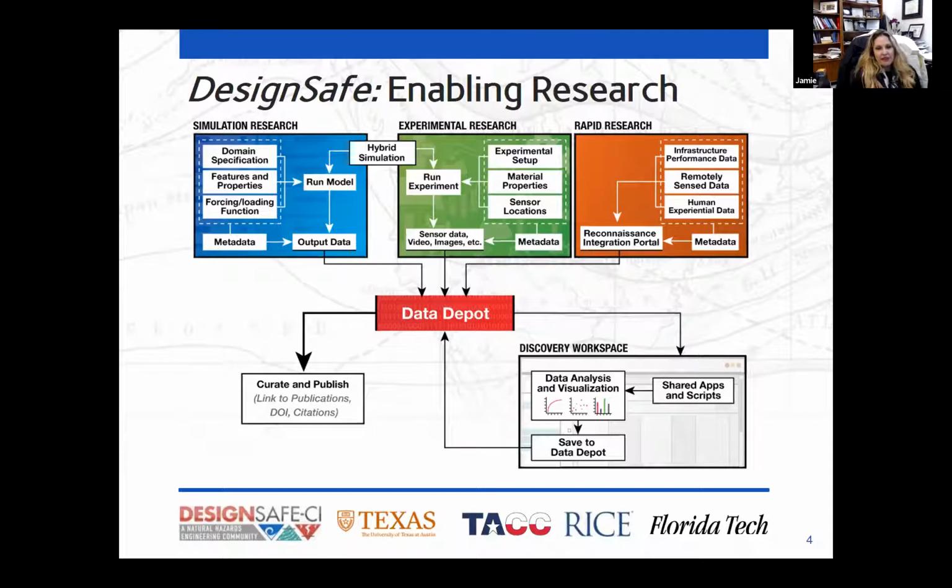Within the data depot, there's the opportunity to curate and publish those data sets, and I'll show you a bit more about that in the coming slides. But we also have that opportunity for linking with cloud-based tools to support discovery and analysis, for example, visualization and data processing that's integrated with the data stored in the data depot.